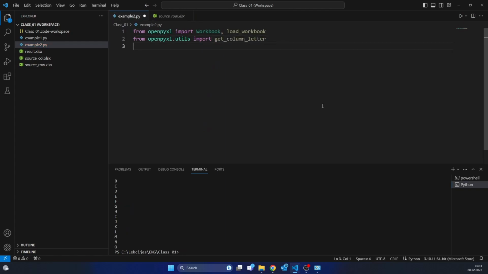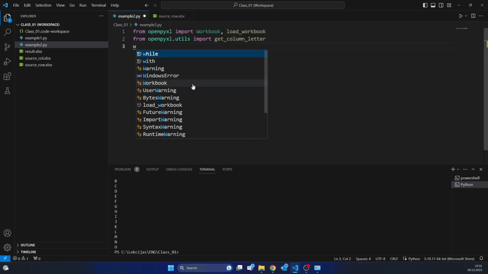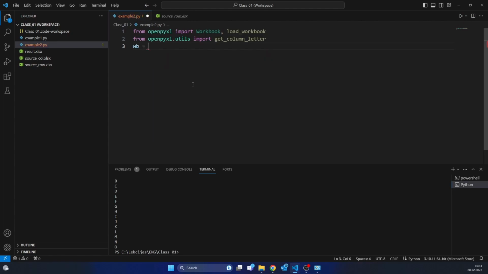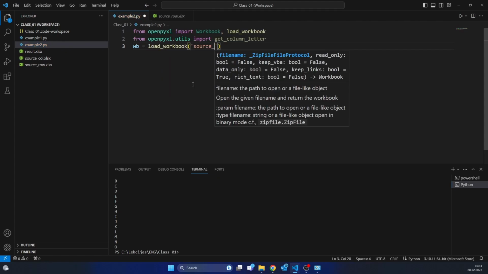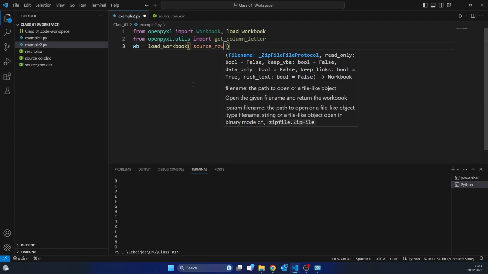The same as last time, when all libraries are connected, my task is to establish a connection with my Excel file. So again, variable workbook is equal to load_workbook, and in the brackets I will provide access to the source, in my case raw